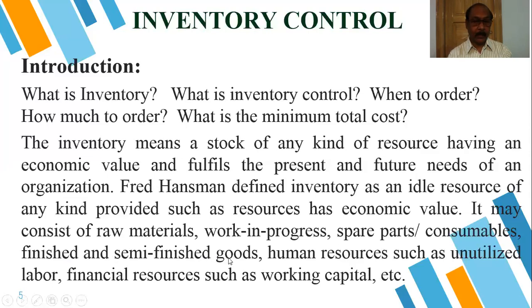Finished and semi-finished: when the goods are directly sold in the market or supplied from one company to another company, then it is finished goods. But some finished goods may be semi-finished when they are used for own consumption to produce another product. Suppose a bottle is used in a bottling plant to fill the liquid, then the bottle is a semi-finished product. When that bottle is sold directly to the market, then it is a finished good.